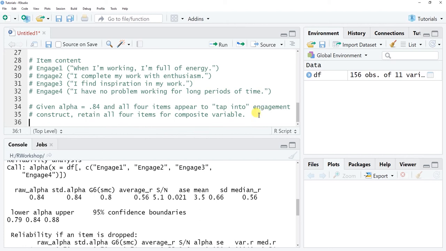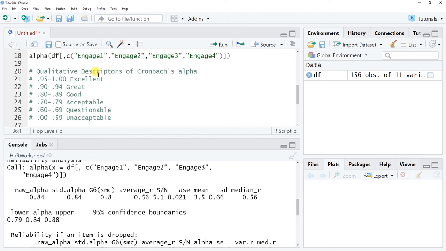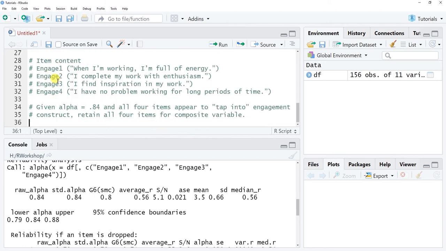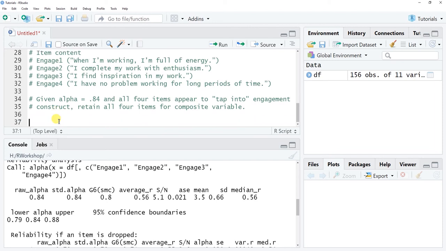Okay, so this gives us justification here based on these 2 points of evidence, the Chronbach's alpha estimate as well as the actual item content, that it's appropriate to create the composite variable using all 4 items of engagement. Okay, and in other words, the composite variable is going to represent the overall engagement for these people. All right, so